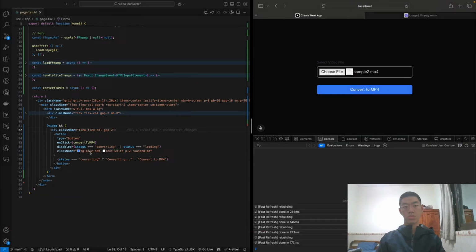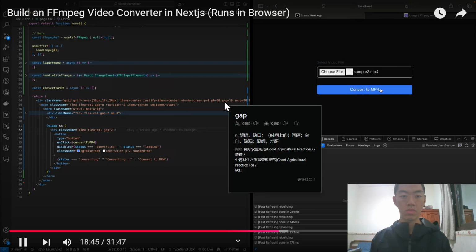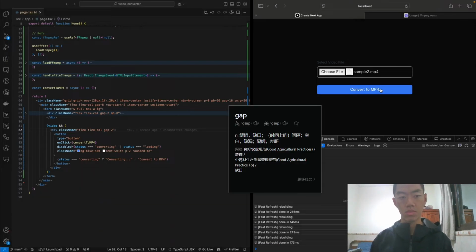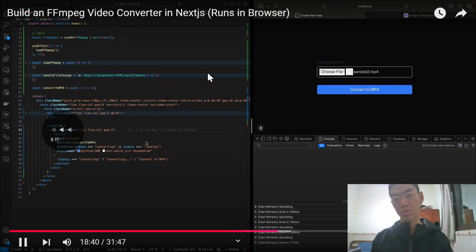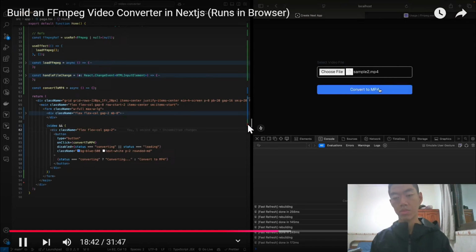The other thing I want to do is, whenever we click on it, ideally I wouldn't want people to click on it multiple times, because if ffmpeg is already running,